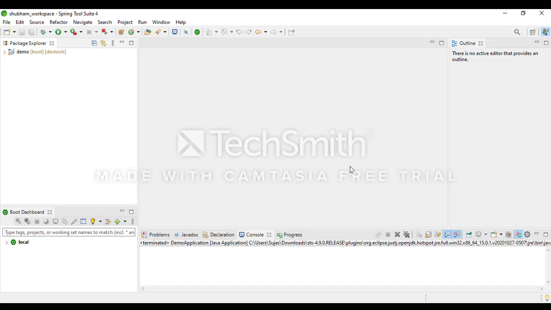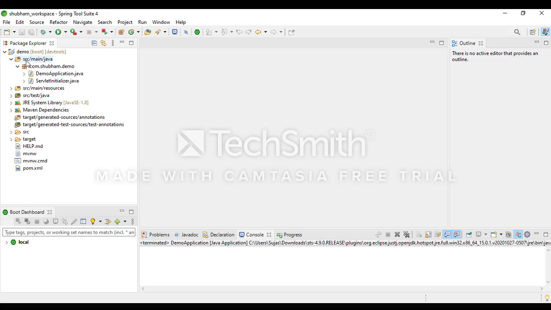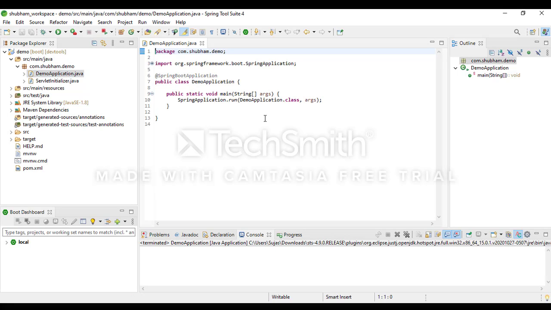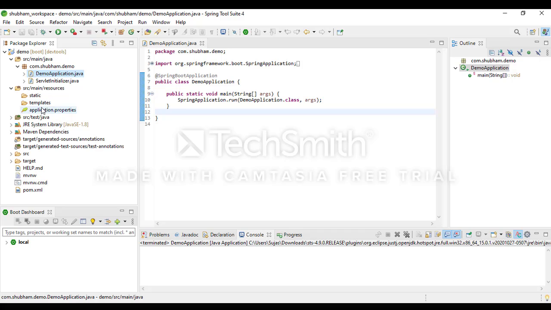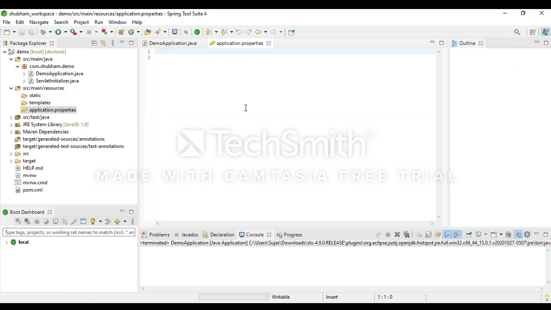Finally, you can see all dependencies are downloaded and our demo project is successfully imported. Now we see the structure. You can see the folder structure created like com.shubham.demo, and it automatically creates the DemoApplication.java class. This class has the main method that runs the entire application. It also provides a resource like application.properties. This is the main feature of Spring Boot.